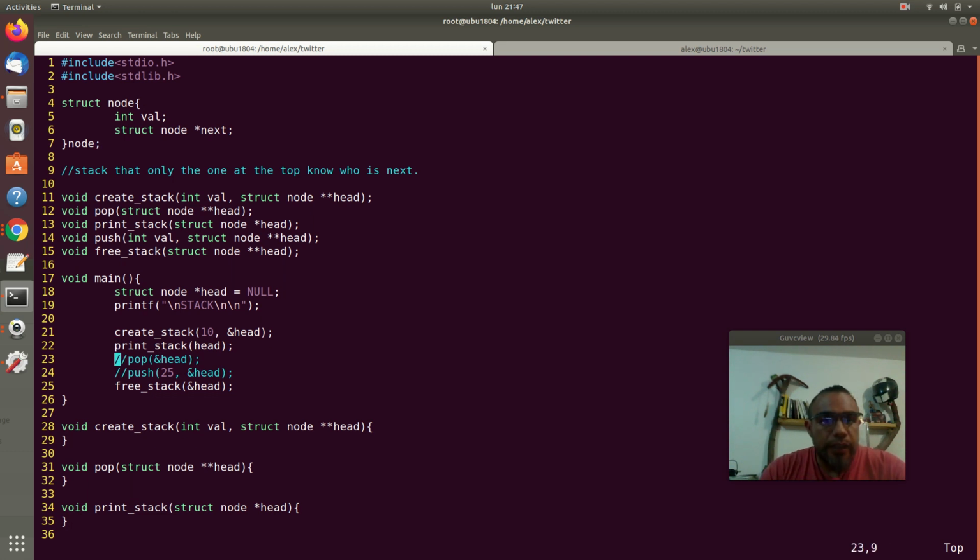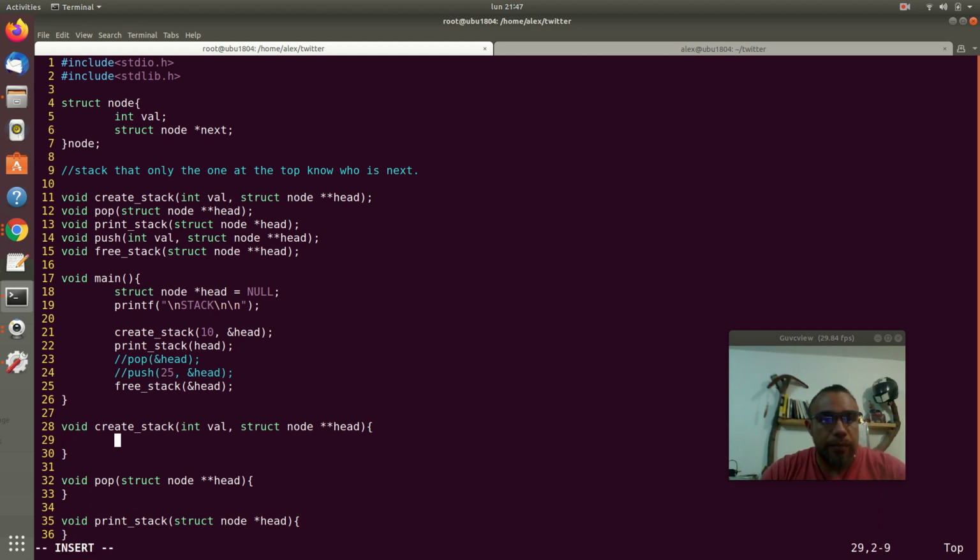If you see it, it looks like a small singly linked list, and kind of it is. I'm not going to go into the pop and push theory, but pop means extract, and push means add another element. A stack is just a bunch of things one on top of the other. So to create the stack, I'm going to be